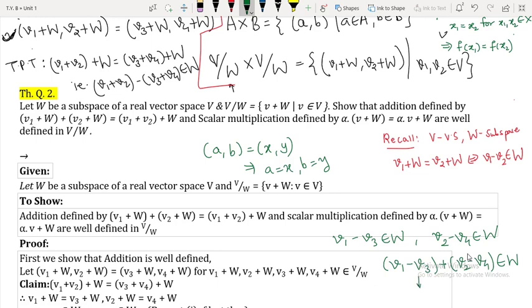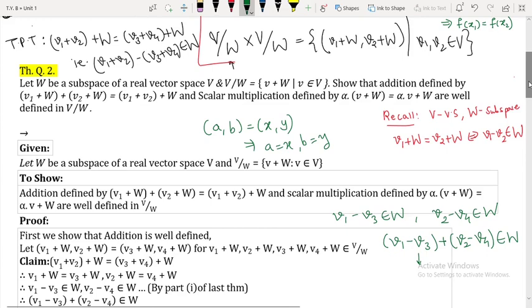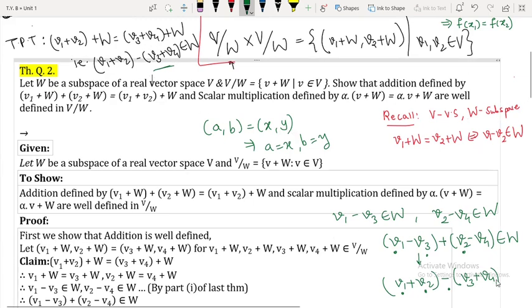But by using a simple technique and the fact that a vector space is abelian, I can shift the terms here and there. So I can write it as V1 plus V2. This V1 I have written as it is. This V2 appears here, with a minus sign inside the bracket. Now this V3, since this minus is out, I can write it as plus V4, right? And that is what we wanted to show actually. So this belongs to what?